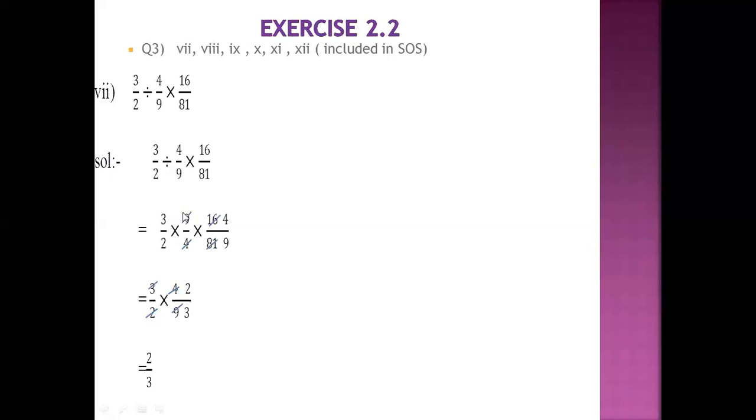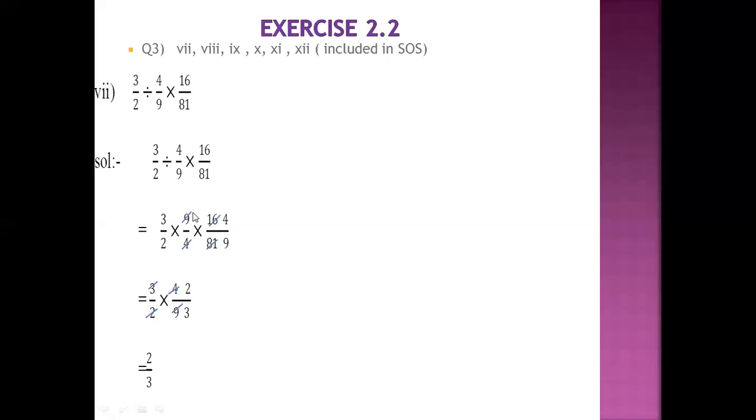So we write it like this: 9 over 4, then the multiplication sign, and 16 over 81 as it is. Now both operators are multiplication, so you can easily simplify by dividing with the same table. We can't divide 3 with 4 or 2 with 9, so we do cancellation with 9 and 81, and 4 and 16. With table 9, you know that 9 ones are 9 and 9 nines are 81.